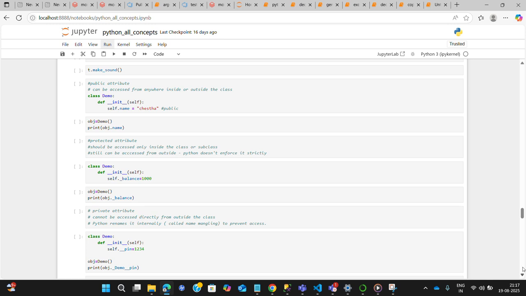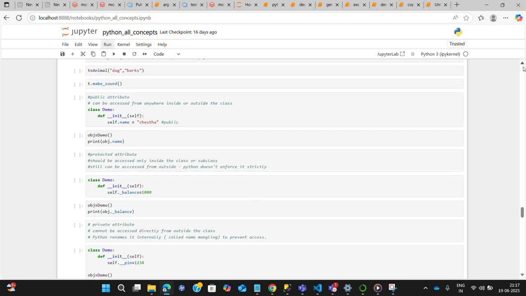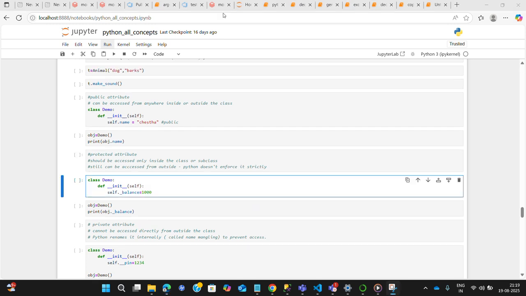If we talk about security, the least secure attribute is public, then higher than it is protected, and the highest, most secure attribute is private.